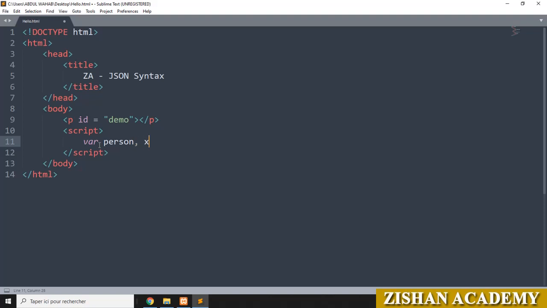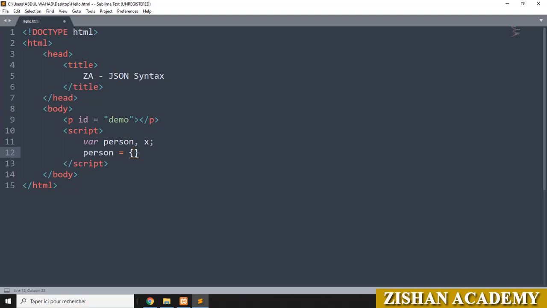I have given two variables, one is person and another is x. Close this line by semicolon. We'll come to the next line. Then I am giving the value for this person. Person is equal to, and we'll go for one object. Creating one object here. You have to go for curly braces to create the object.